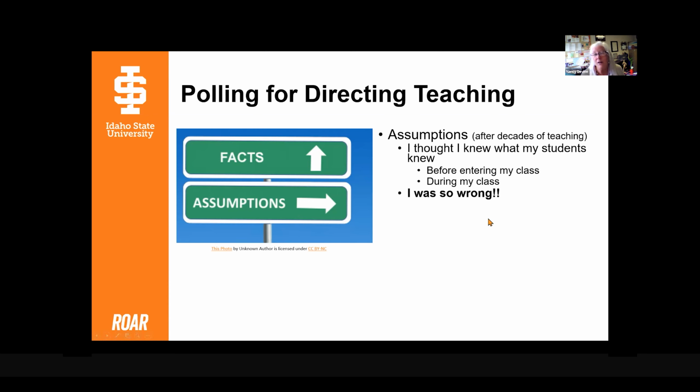And I was so wrong, right? What I think they know versus what they do know. And then each cohort has different needs. It's amazing. So the fact versus the assumption, and check your assumptions. Anytime you have a chance to check your assumptions, revealed through polling was that variability between